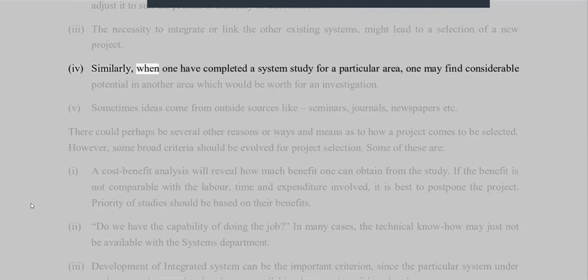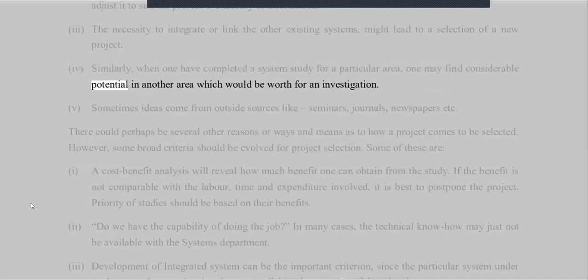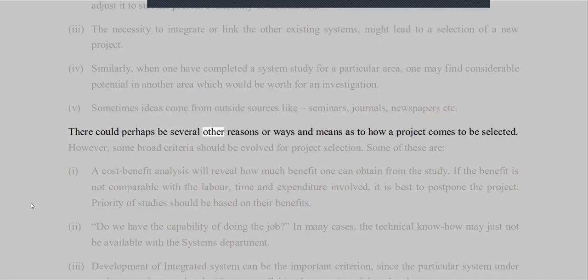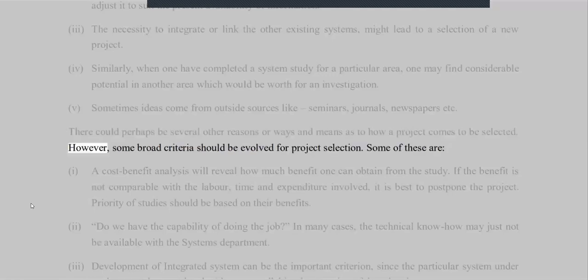4. Similarly, when one has completed a system study for a particular area, one may find considerable potential in another area which would be worth an investigation. Sometimes ideas come from outside sources like seminars, journals, newspapers, etc. There could perhaps be several other reasons or ways and means as to how a project comes to be selected. However, some broad criteria should be evolved for project selection. Some of these are: